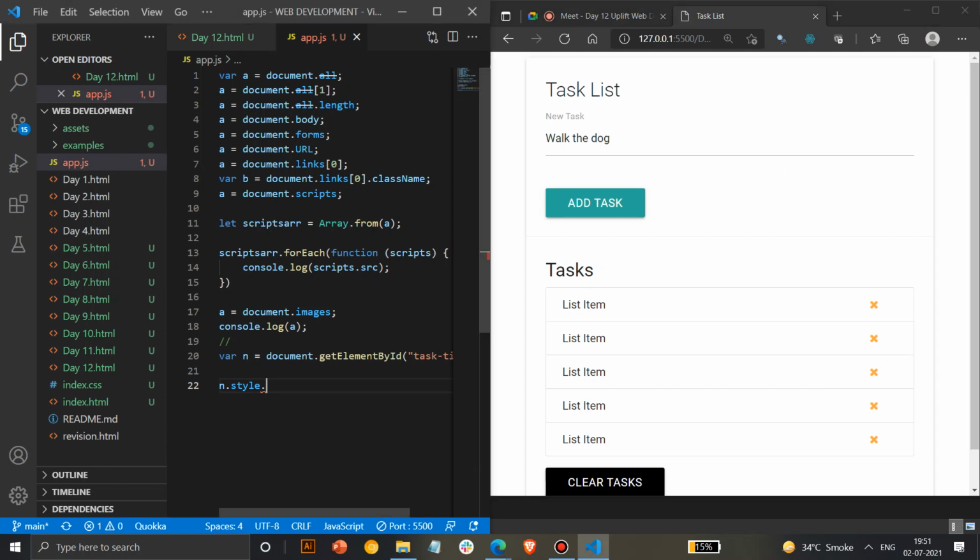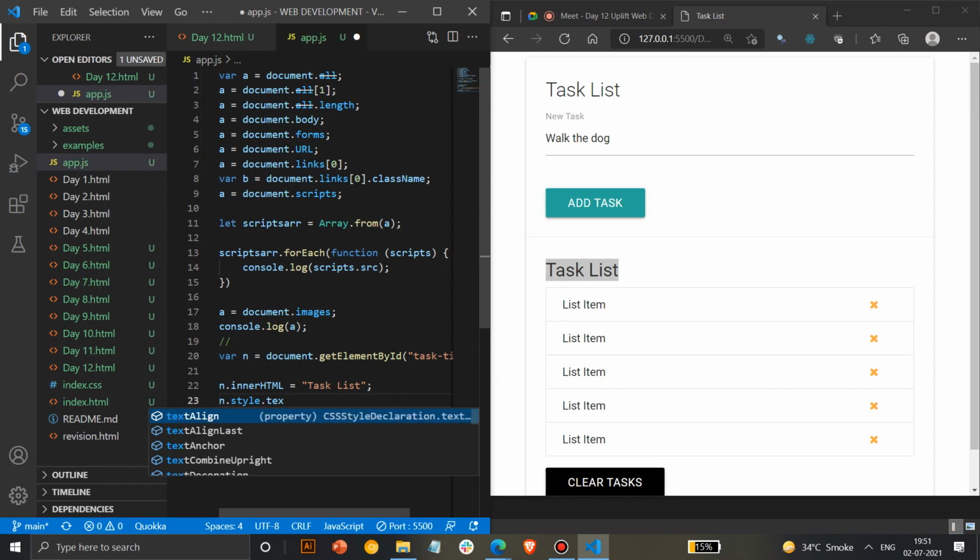Wow, very good. That's a really good thing. I think you can directly use .innerHTML, and then whatever tag you have to specify. So you can change the text to, I think, task list. You will do it to task list, and yes, it changes. That's correct. There are other methods too, so you can do it through style also, and through style.textContent. I think there's something called textContent. Text content only.